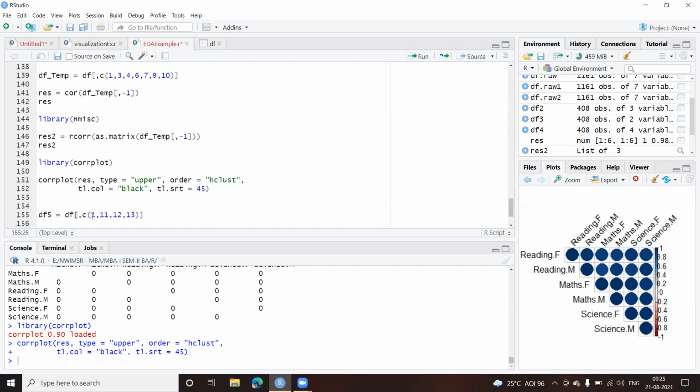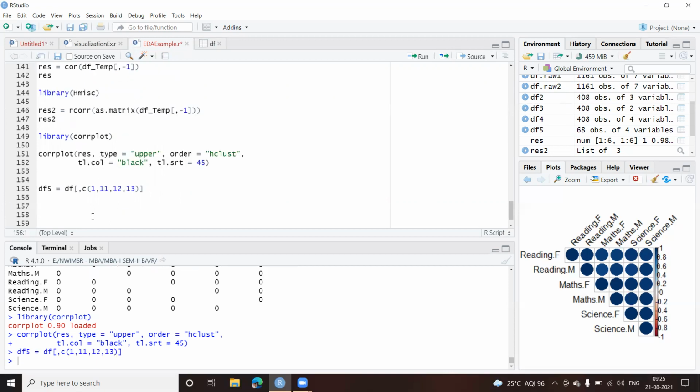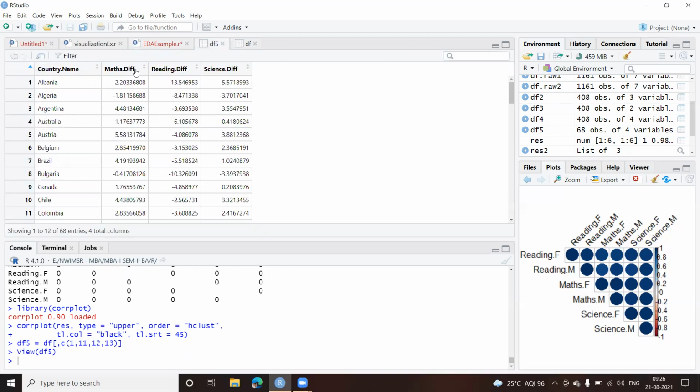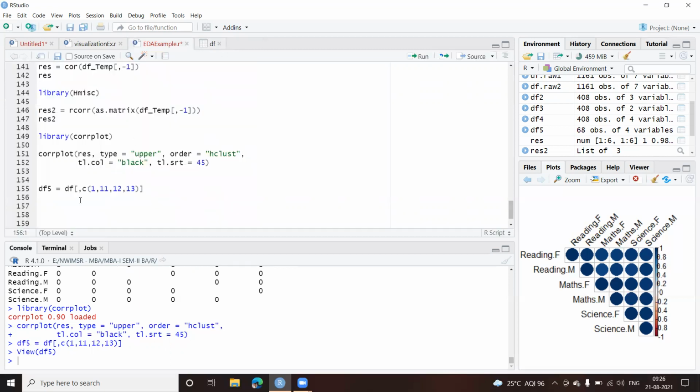Okay, I get this df5. Let us see this here. So here we have the country name, we have the maths difference which we have got. Negative value indicates females are not performing well. Please remember, positive values, difference. Okay, reading difference and maths difference. So I'll close this one.